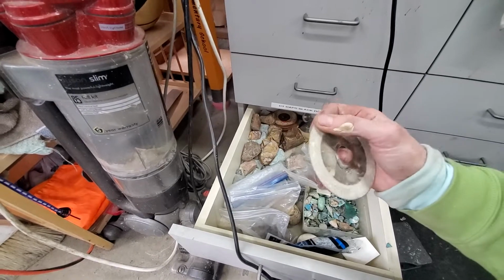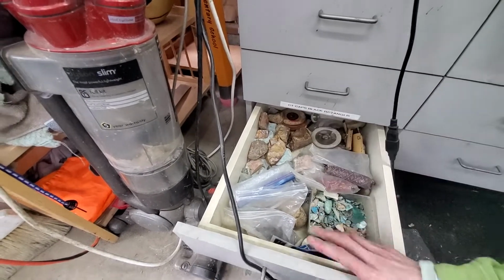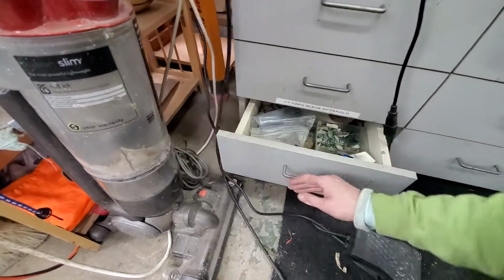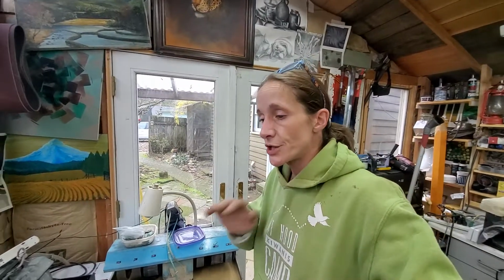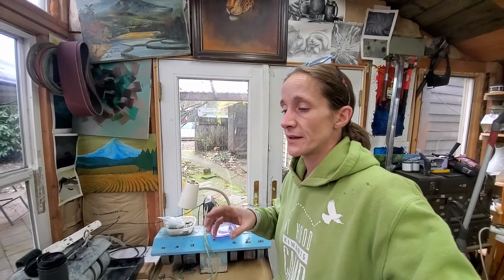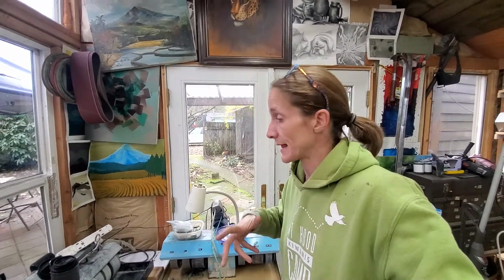They have a diamond surface right here, and you can grind the stone directly onto the surface. Grinding wheels can cost $10, sometimes cheaper, $8. And so that's a really inexpensive way of breaking into lapping and starting to cab your own stuff, is just to get a flat lap and to use grinding wheels. That is the cheapest way. The problem there, if you're grinding quite a bit of turquoise or quite a bit of stone, whatever it is that you want to cut and grind and lap and cab,